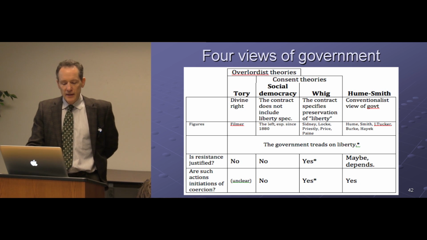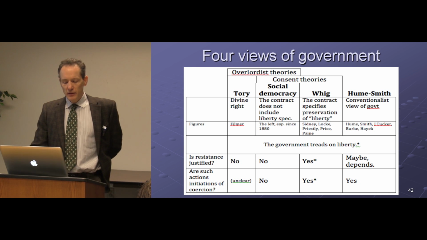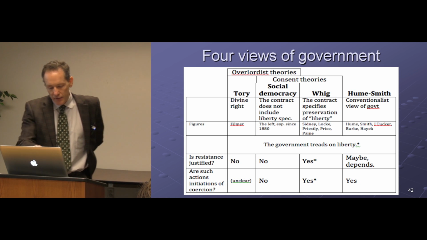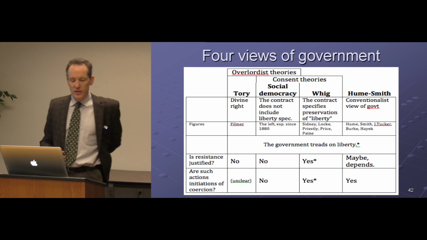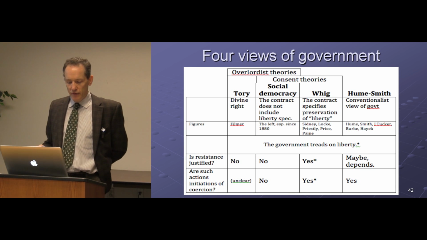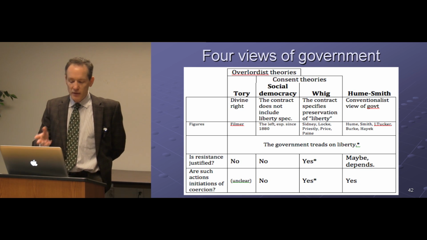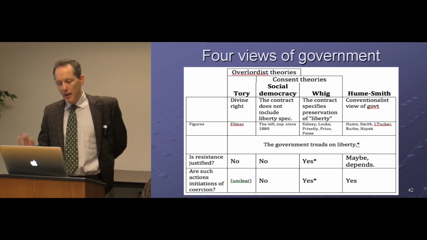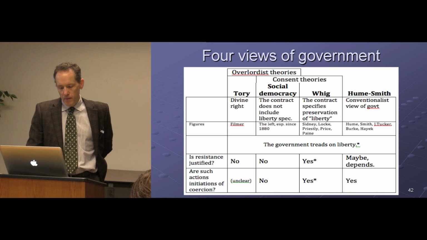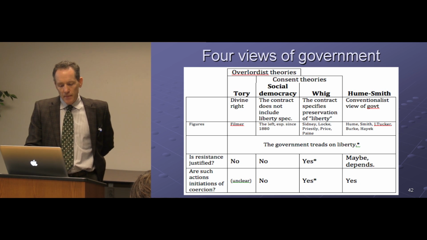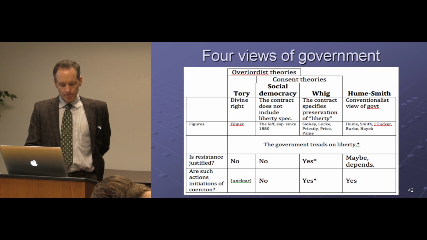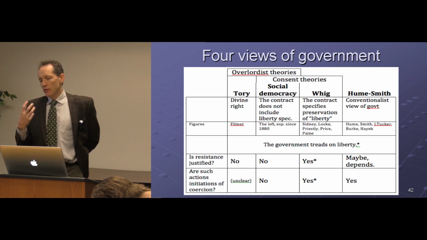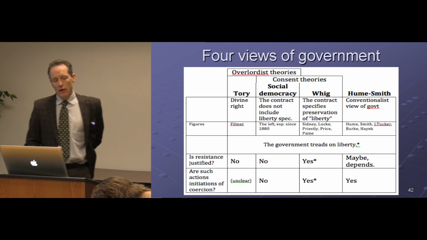But the Social Democrats have a consent theory, and now it's a little different than the Whig consent theory. The Whig consent, the Lockeans, and you see I have some names here of people who I think represent this. This is all a bit speculative. I confess I'm no expert on these thinkers. I'm pretty strong in Hume and Smith. But beyond that, I'm going from impressions, I'd say. Anyway, the Whig theory, it's also a contract theory, but in their idea, you do own your land, as it were, down to the core of the earth.